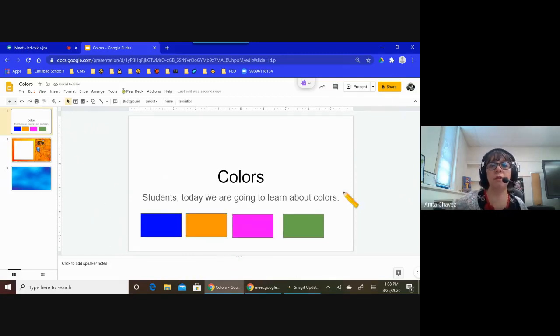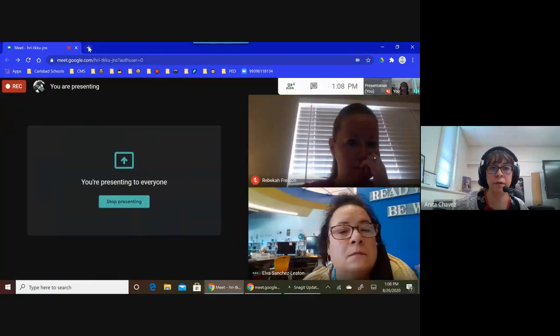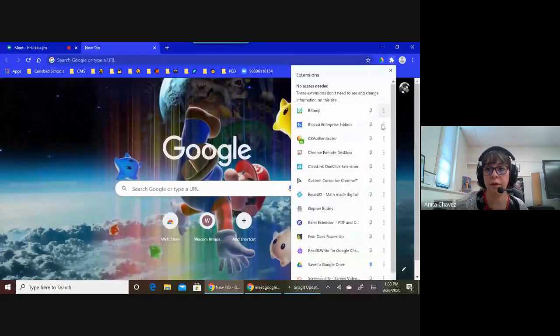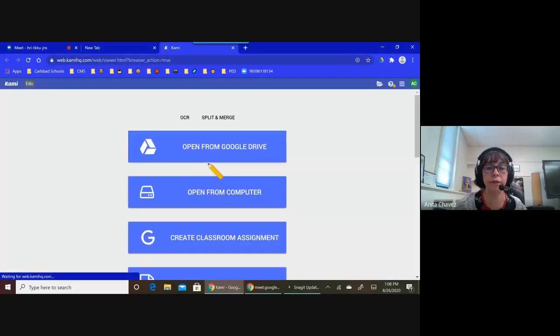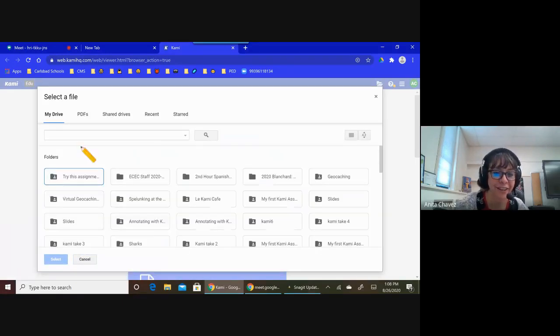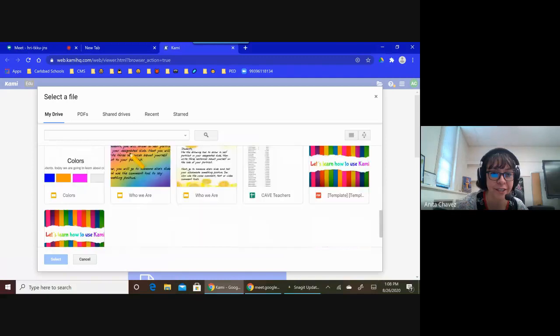So what does this look like when I pull it into Cami? So let's pretend I'm finished. I could keep building my slides and I could have a whole bunch depending on my level of kids. I don't want too many for the younger kids, but for my older kids, I can put as many as I want. But if I'm finished, I just X that out. And I go into Cami. And if I'm going too fast, it's just you two, so go ahead and stop me and tell me to slow down. If I need to go over anything again, just let me know. So here's my slides that I just built.